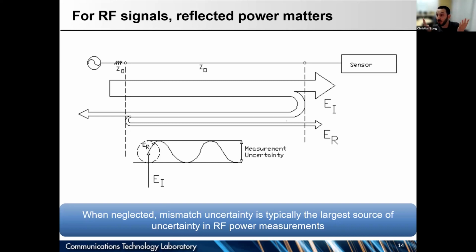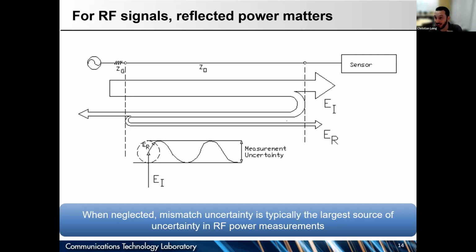If you want to avoid that, you should make your sensor well matched, and that prevents some reflections and really minimizes the error that comes from a superposition of the power incident on a reflectionless match and the power that the sensor actually measures. So ideally, you want to have a well-matched sensor, and then you don't have a large amount of mismatch correction to deal with.